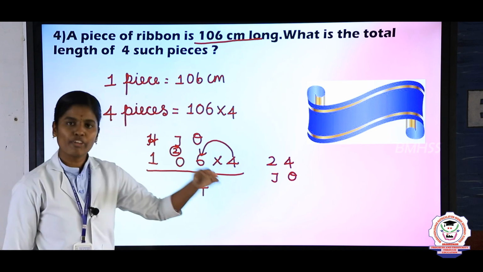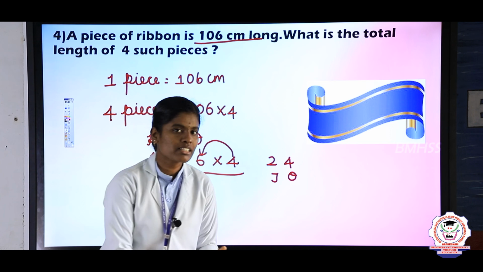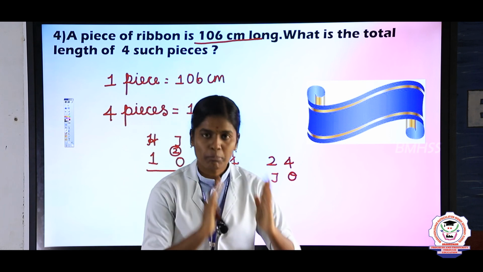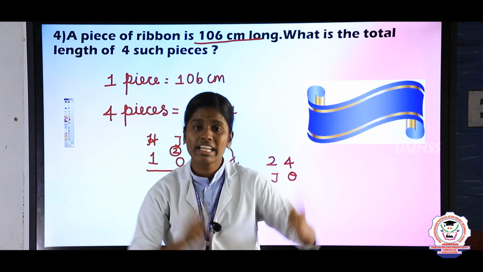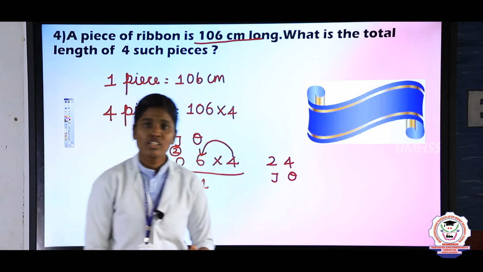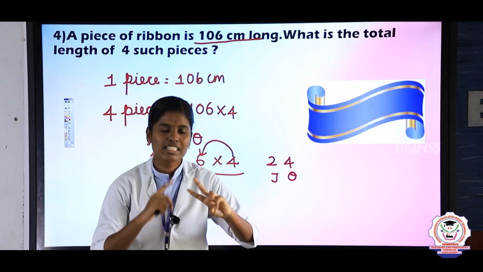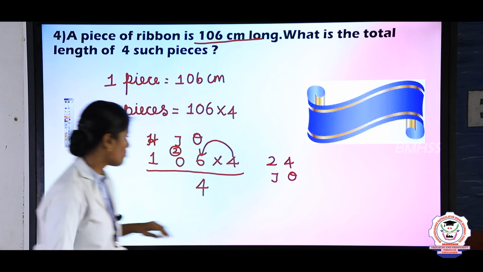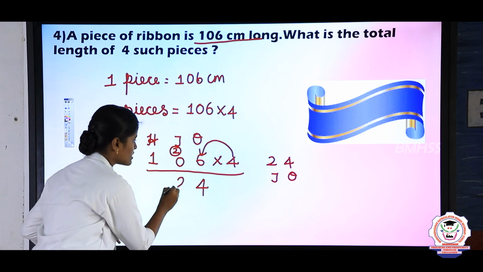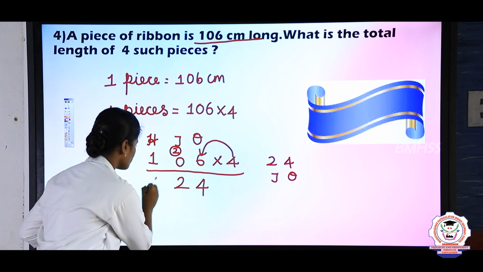Next you will take 4 and multiply by 0. So that is tens place value. So what is the answer? Already you know my dears, when you multiply by the number 0, you are getting the answer 0. So 4 zeros are 0. So keep 0 in the mind, 2 in the finger. So what is the answer? 0 plus 2, the answer is 2. Next you will take 4 1s are 4.